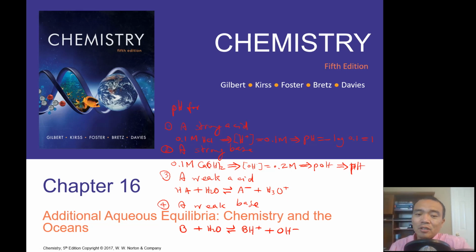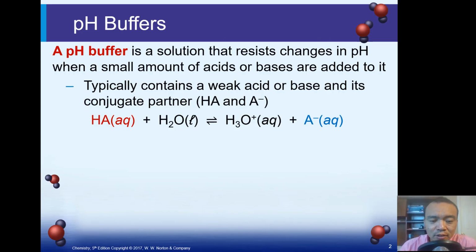So in this chapter, we're going to introduce to you a new type of pH calculation, which is the pH calculation for pH buffers. So what is a pH buffer? A pH buffer is a mixture that resists the pH change when a small amount of acids or bases are added to the system. A pH buffer typically contains a weak acid and its conjugate base, or a weak base and its conjugate acid. For example,